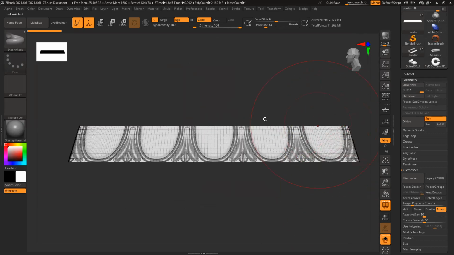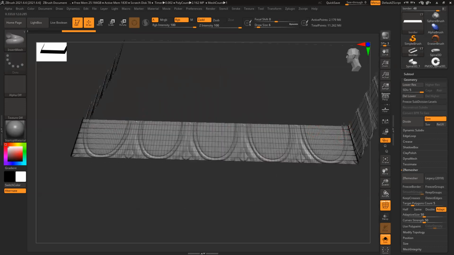And it's aligned here. So reduce the brush size, click and hold shift. Oh, it has a subdivision level.